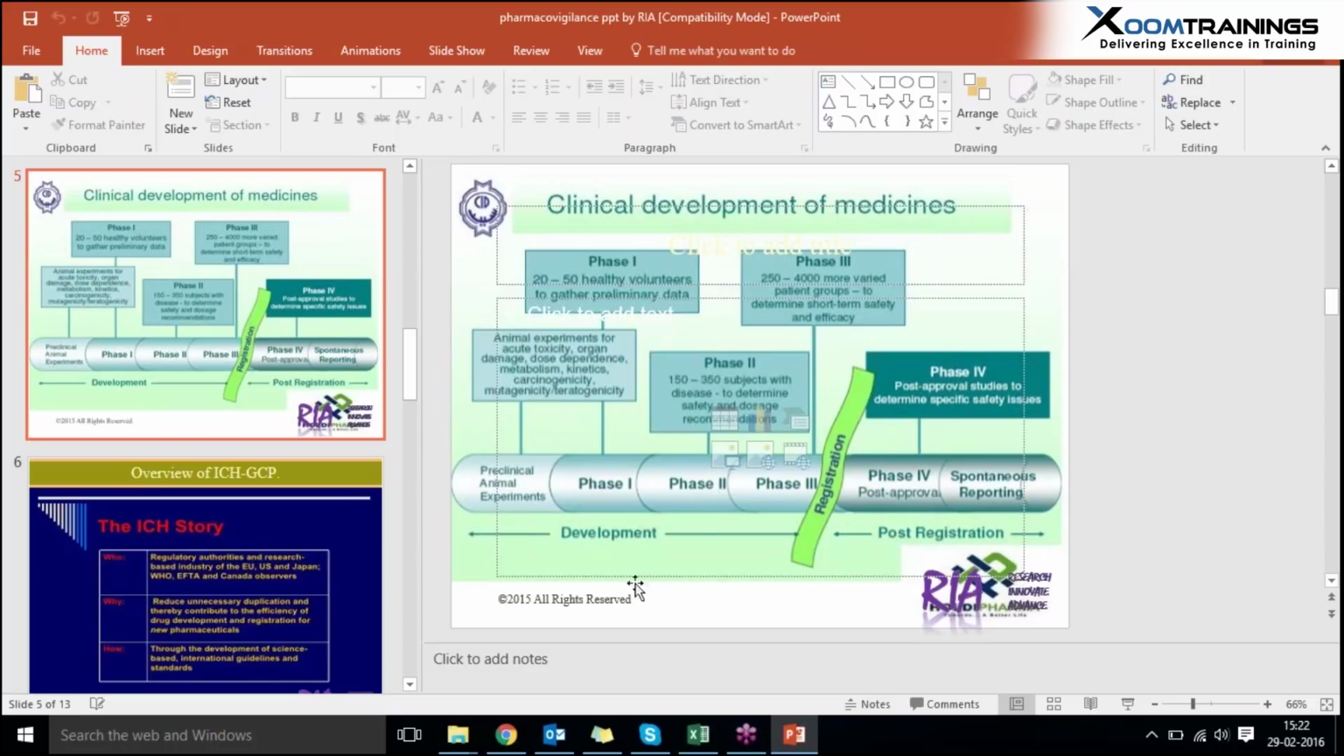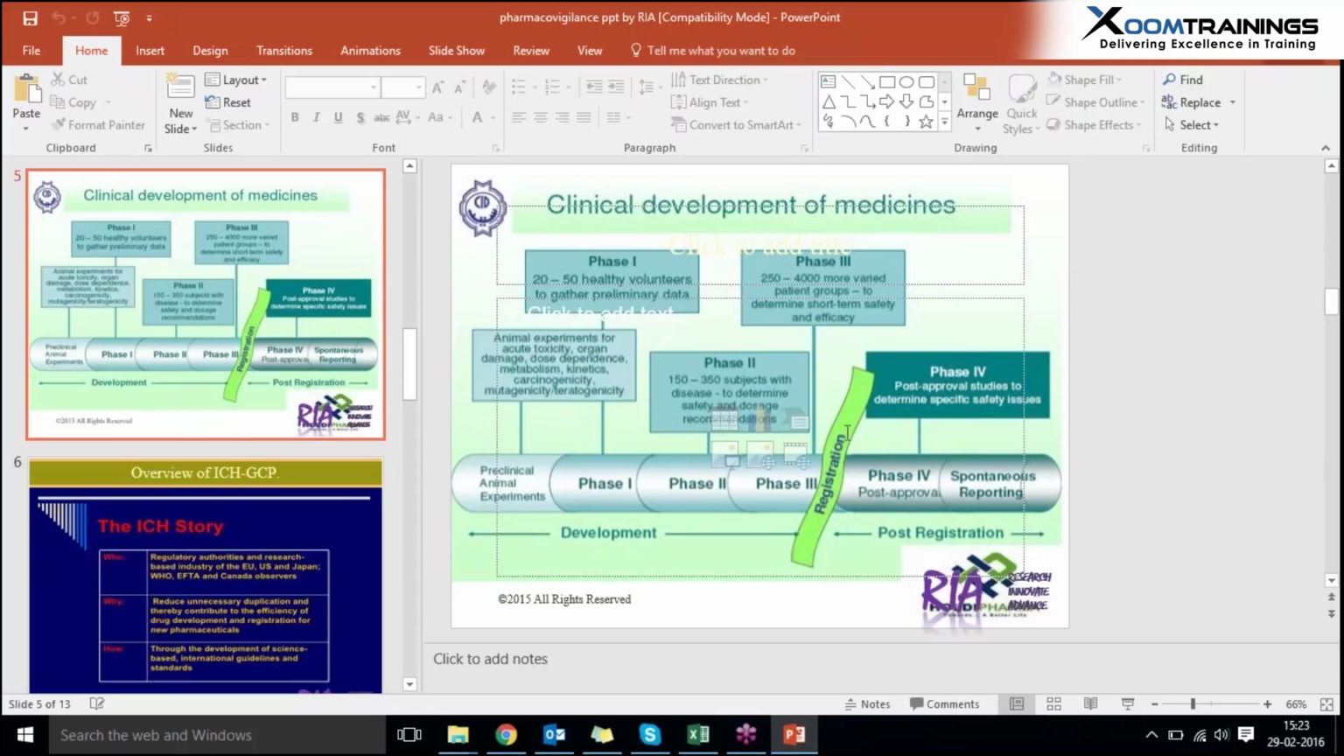Okay. So you will gather information from these patients, like efficacy. If the drug is really treating the disease or not, you are going to gather such information in phase 2. In phase 3, you are going to conduct this clinical trial on 250 to 4,000 patients who are suffering from the disease, to determine the short-term safety and the efficacy. In case of phase 3,